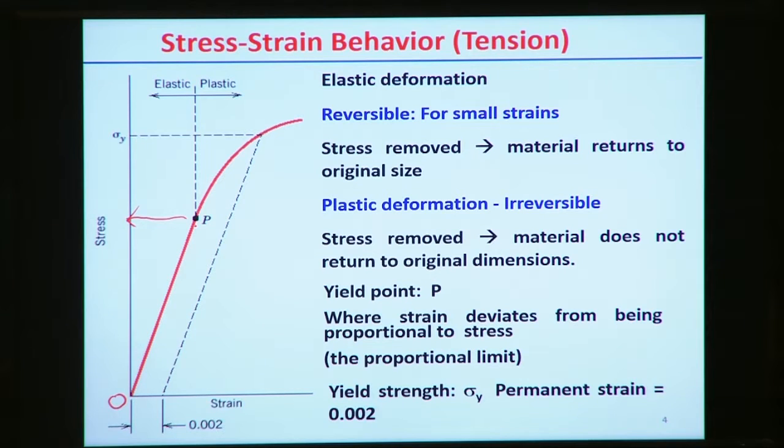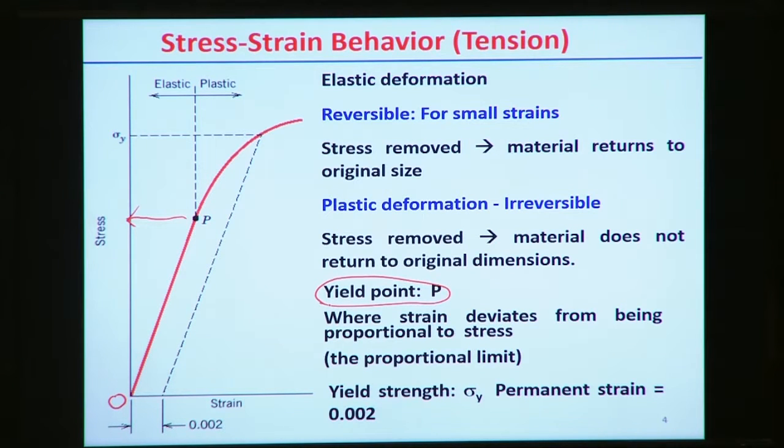the plastic deformation zone, in the sense that when you cross the point P and with further deformation of the material, it will produce permanent deformation, and that permanent deformation is not reversible, that is irreversible, and that deformation is called plastic deformation of the material. So even, for example, if we remove the load at some other point beyond P, then it will not come back to its initial position, so there must exist some amount of deformation here. So that P is generally called the yield point,